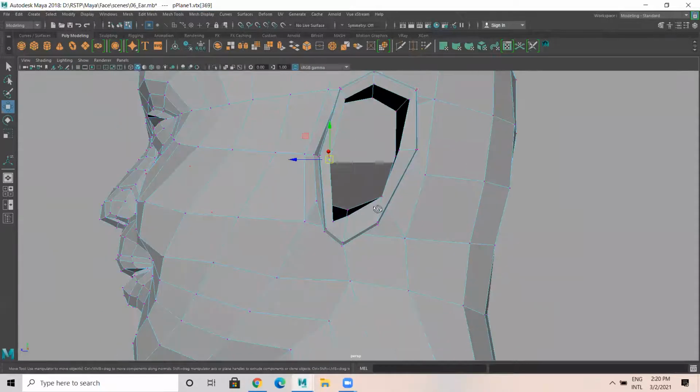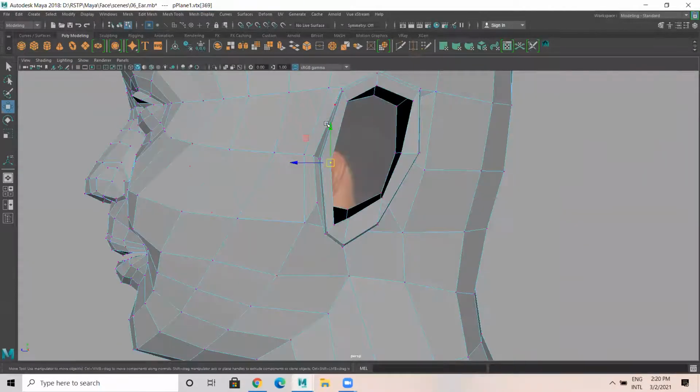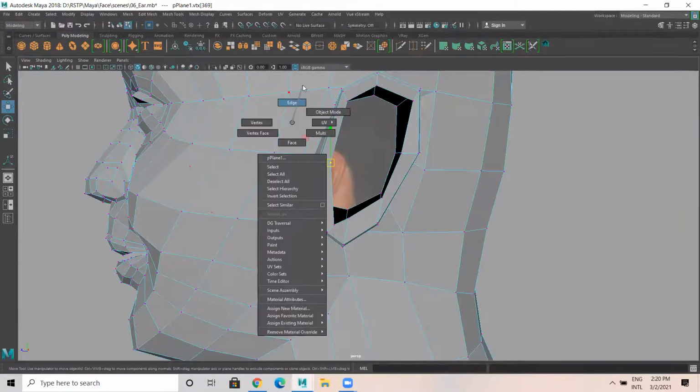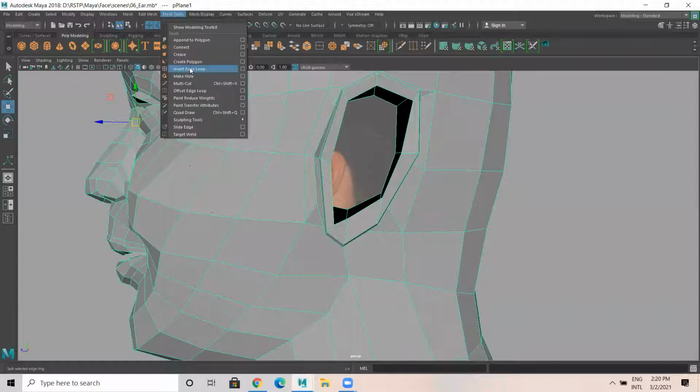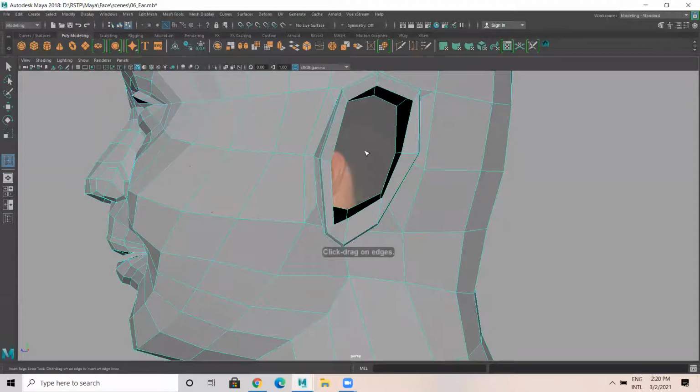So in that case, I need to add a few meshes somewhere here. So in that case, I'll take insert edge loop.